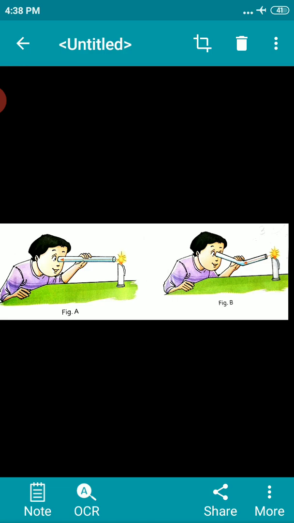Keep a safe distance between the pipe and the flame. Now, bend the pipe a little and try to see the flame. What happens? The candle flame can be seen through the straight pipe. It cannot be seen when the pipe is bent. So from this we can say the light travels in a straight line.